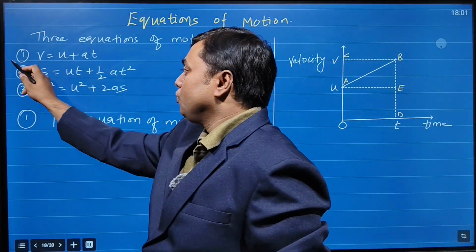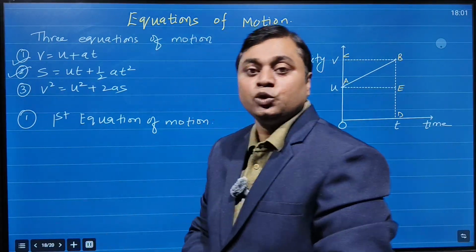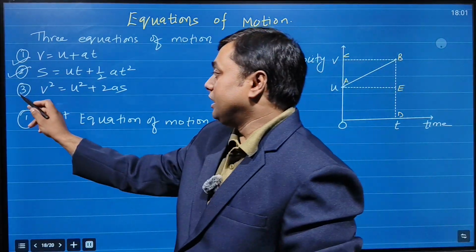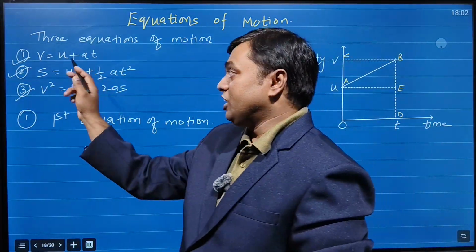First equation is v = u + at. Second equation is s = ut + ½at², and the third equation is v² = u² + 2as, where v is